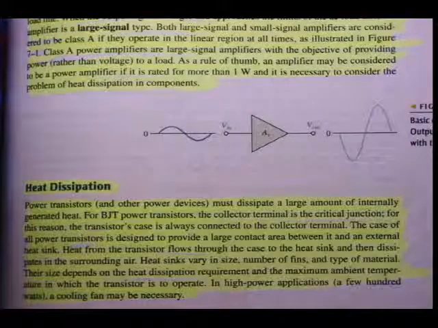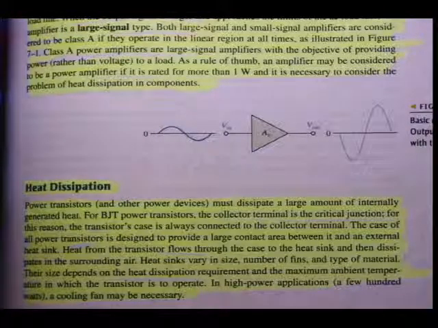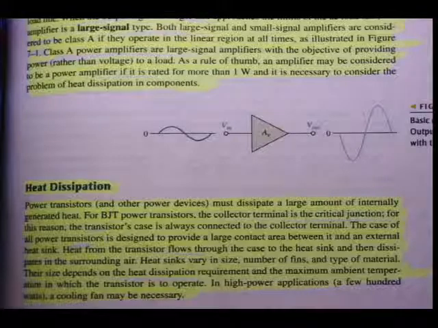But I'm sure you've all seen heat sinks on the back of amplifiers, a piece of metal, different metals, different alloys, with all these fins, so that the heat goes in there, and because of the air flowing through it, it dissipates the heat so that the devices can work at higher